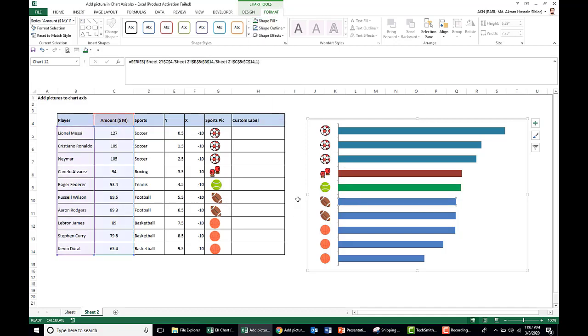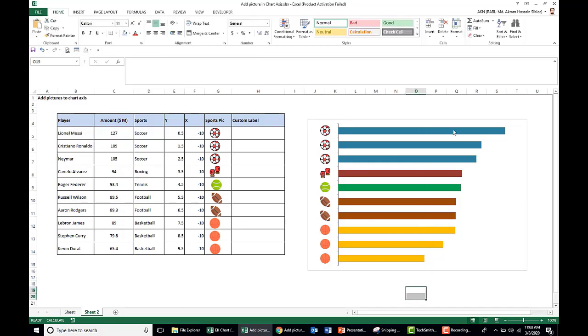For American football, we can choose this yellow, or this dark color. And for basketball, we can choose this one. So change the colors as you like.